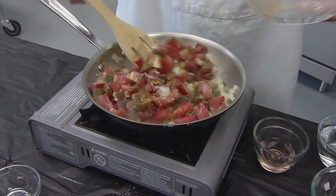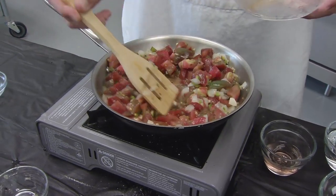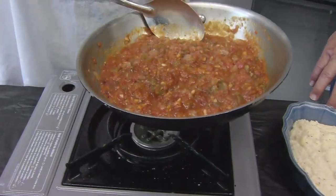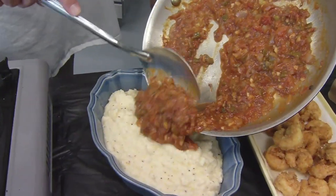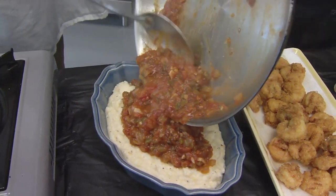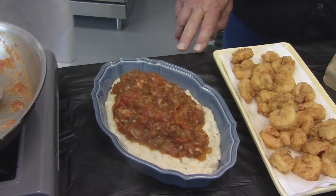Now, how long are you going to cook this down? So I like to cook it down for about 30 minutes or so. Okay. All right, Will, ready to go? Yeah, so we're going to put all this good gravy right on top of these grits. Oh my goodness, yeah. Don't skimp. Smells delicious. And then